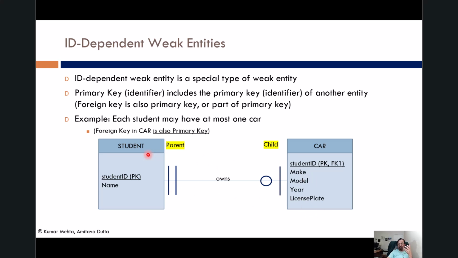Student is designated the parent and the car is the child. Typically when you have a one-to-one relationship, either one of them could be called a parent, the other one could be called a child. But in this case, since car is optional for student, it makes sense for student to be the parent. Okay. So as with previous discussions, every entity must have a primary key. I have student ID as the primary key of student, and I have